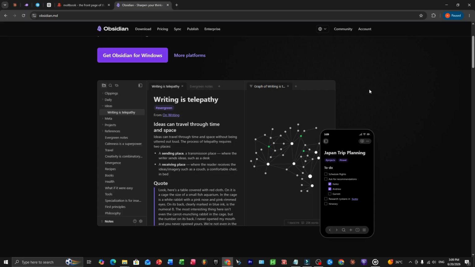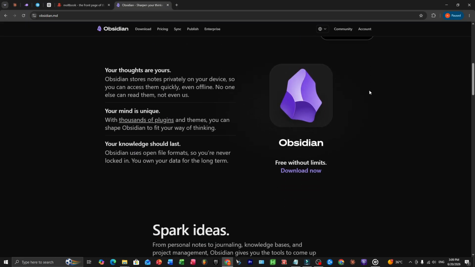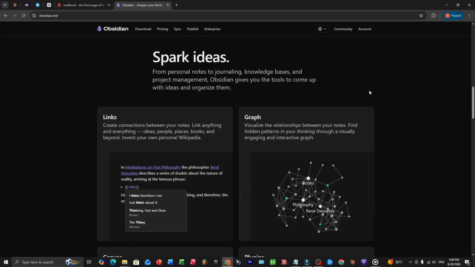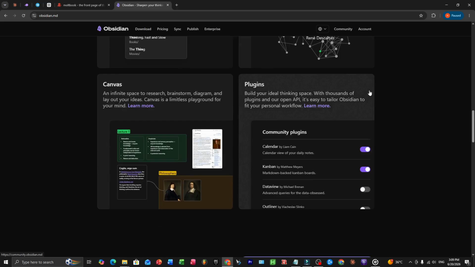Now let's get into the actual system. How do you connect these two tools? First, build a base structure inside Obsidian. Create a folder called AI Outputs. Inside it, 3 subfolders: Ideas for raw outputs from AI, Research for information you're using to build something, and Projects, where ideas connect to real work you're doing. Simple structure, but powerful. Why? Because when you need something, you know exactly where to look.